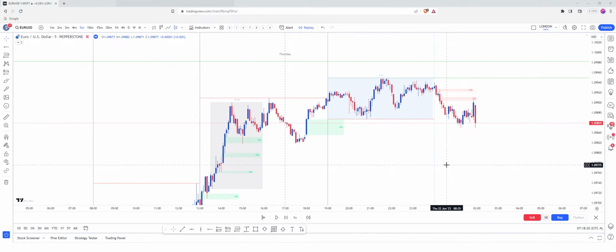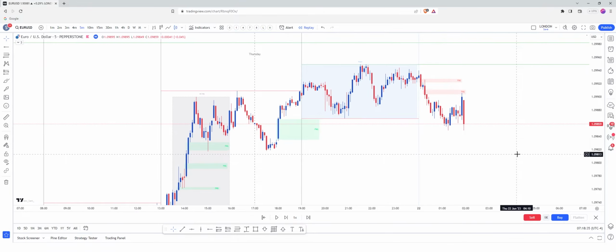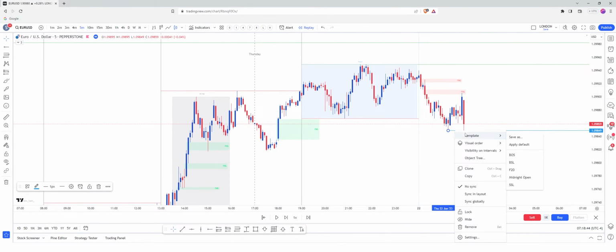As you can imagine, trades don't always play out perfectly, and sometimes we do need to manage these. So as much as I'd like to remove discretion completely, there are situations where you may need to think on your feet. This is an example of such a situation. Prior to London coming, we can see we've swept Asia low. We now have a new daily low that was put in